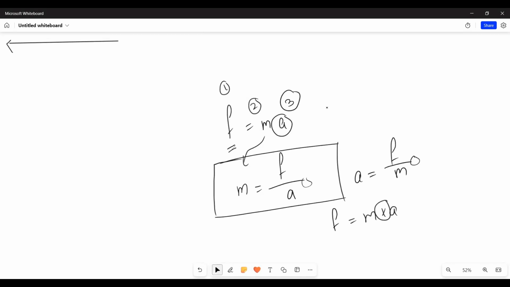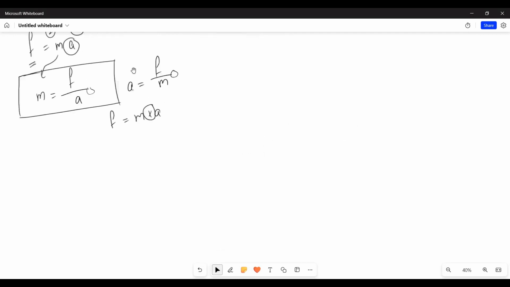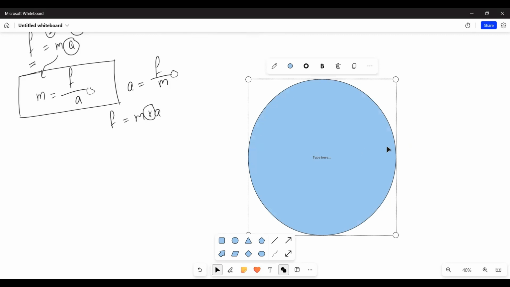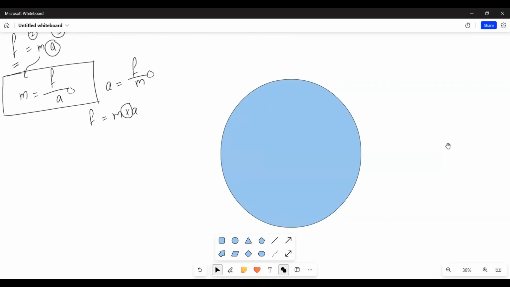When I say the word centripetal force, the centripetal force is any force that keeps an object moving around a circular track, in a circular motion. What is generating this force? Wait, I need to draw a circle. This is my circle right here. If I have a car that's moving in this circle, what's keeping my car moving in this circle, and not going outside? Why does the car turn like this instead of continuing straight ahead?